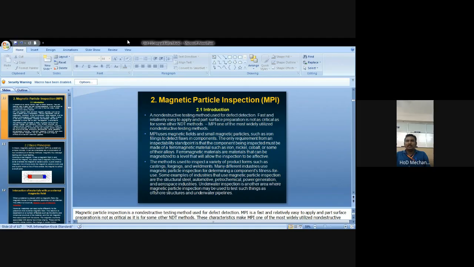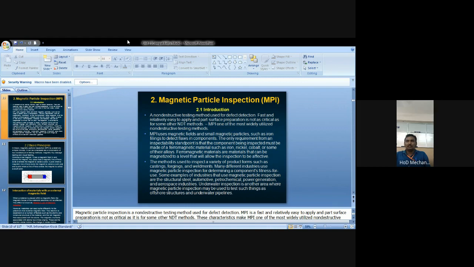And also the petrochemical industry as well as electrical power producing industries. Most hydroelectric power plants use it for the turbines. The turbine blades are made of some composite that is used as ferromagnetic material. For any defect in the turbine blade, turbine shaft, and also the accessories in the turbine,